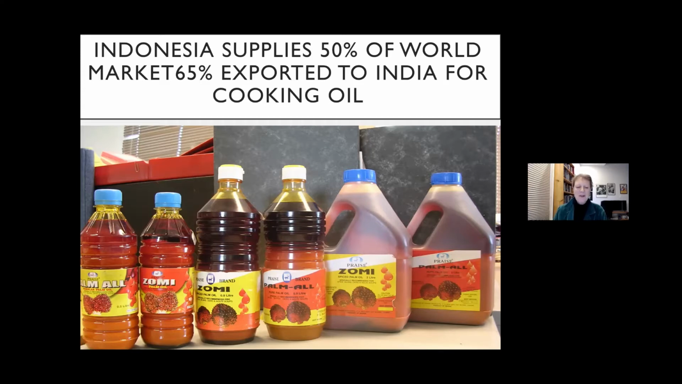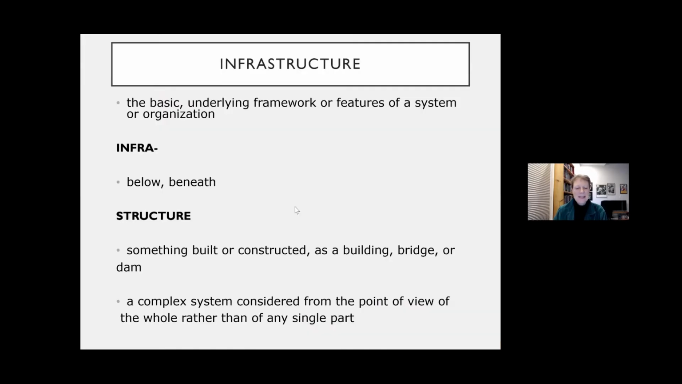So here we have one of those global flows where a rising middle class in India that can afford more fried foods generates a huge demand for cooking oil at an affordable price, and Indonesia is the one that supplies it. Okay, so I'm going to leave you with this thought. This is really the conceptual work I want to do in this talk. So infrastructure, thinking about this word,